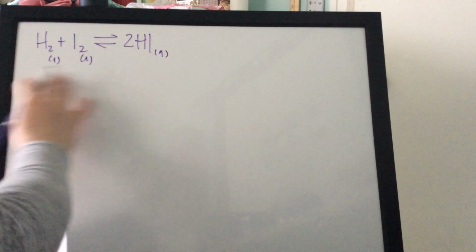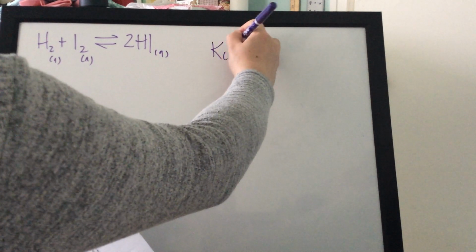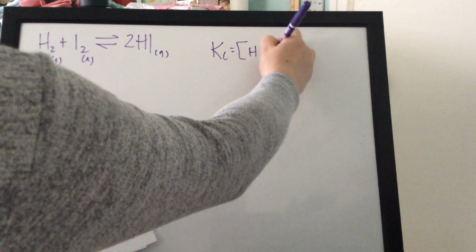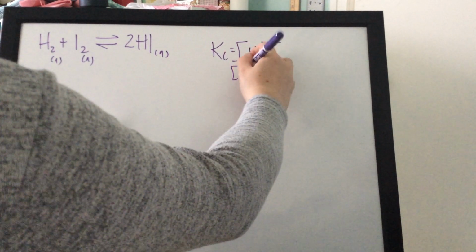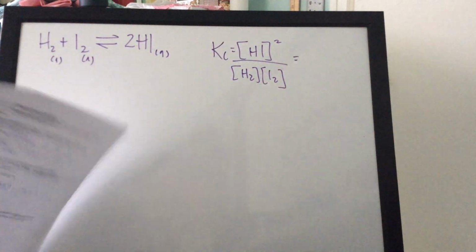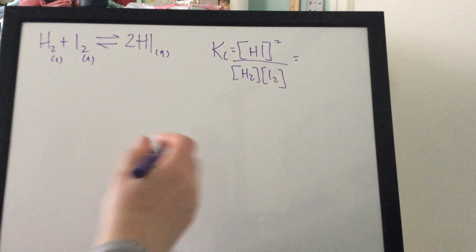You're going to want to leave yourself room underneath this equation. Okay, so I'm going to go over here to write my Kc value. So products over reactants, of course. So HI over H2 times I2. Okay, and so you might be saying, what's the big deal? I have information on all three of these. I just plug it in and I'm done. But there's a big